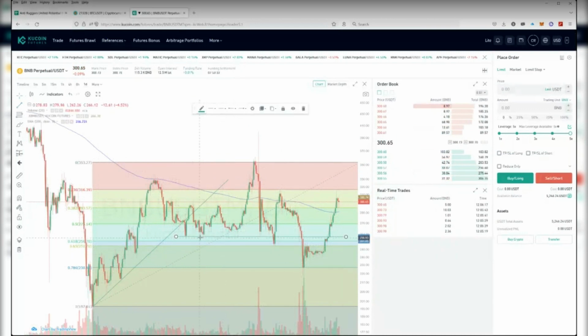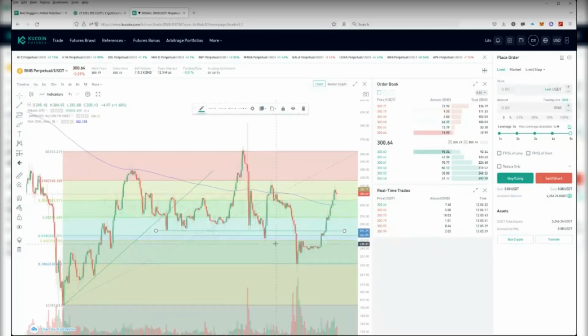So stuff like this here, you could see that this was a good support. A couple of times it bounced off, and so potentially this area would have been a good reason for a trade, because first of all, it broke through support, and then the next candle it picked up again, and it hit this 0.6185. So after the close of this candle, it would have been a good long, and your stop loss would have been below the wick, like a 248. So that's just one example of a trade setup.